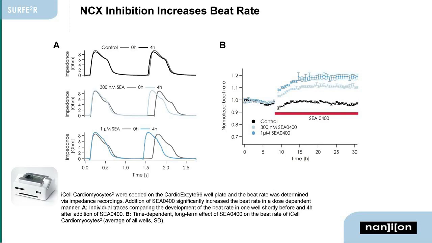Now we want to transition and look at the effect of inhibiting the sodium-calcium exchanger on cardiomyocyte function. For these experiments, it's the iCell cardiomyocyte squared plated on the CardioExcyte 96 system. And we're using that SEA-400 compound at 2 different concentrations, 300 nanomolar and 1 micromolar. And in the representative trace, you can see that there's a shortening in this interval, so these cells are actually